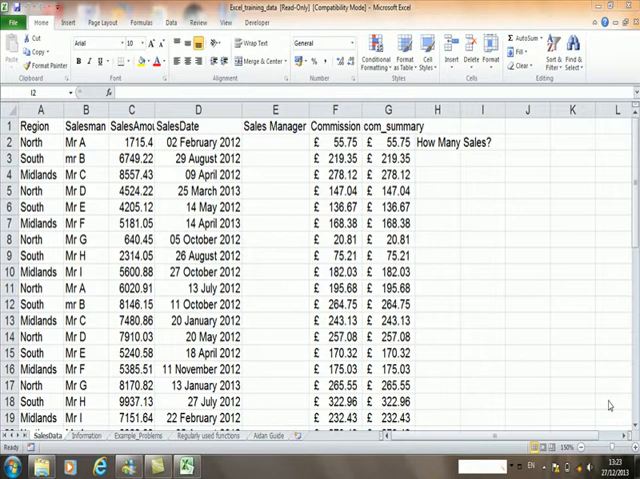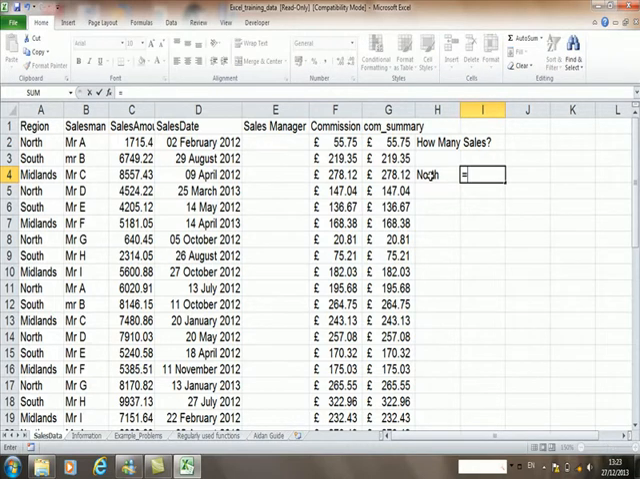In this example, we're looking at a pretend sales spreadsheet. So perhaps we'd like to count how many sales were made in the north region. To do that, we'll put north in one of the cells, and then we'll use the Countif function. Like all functions, it starts with an equal sign. And then you type the word Countif,